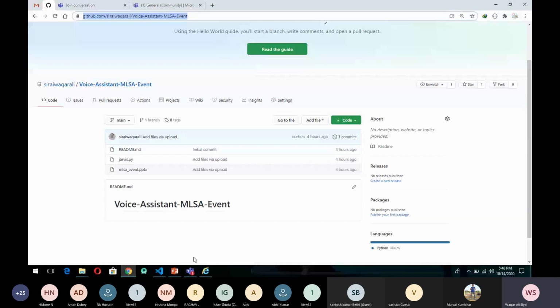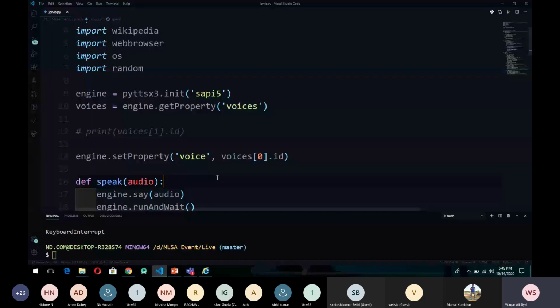You can do more things with this voice assistant. You can send emails using a dictionary by storing key value pairs, storing the name as the key and the email as the value, and check if the name is in query, then you can pass the subject and message and send emails using voice commands. So you can do a lot of things. Using this logic you can make an amazing voice assistant.